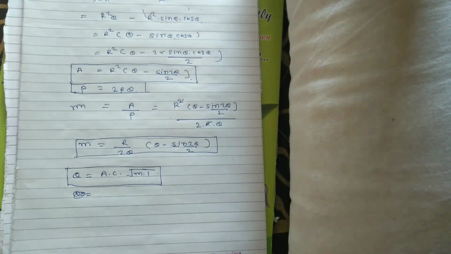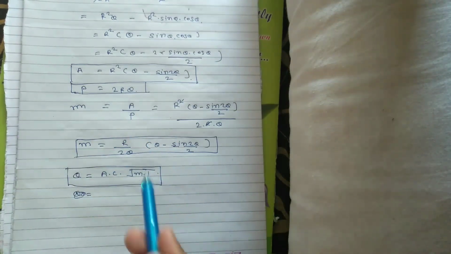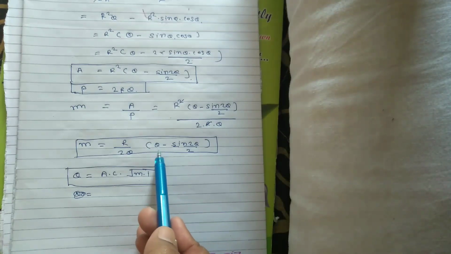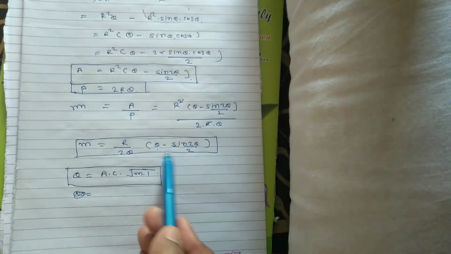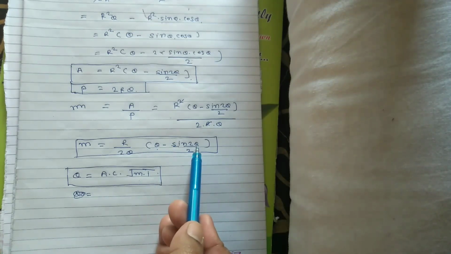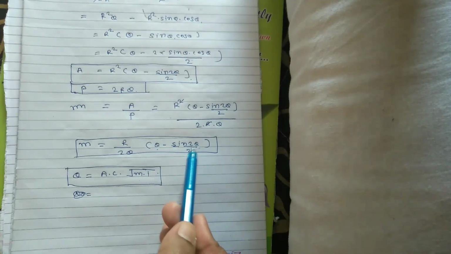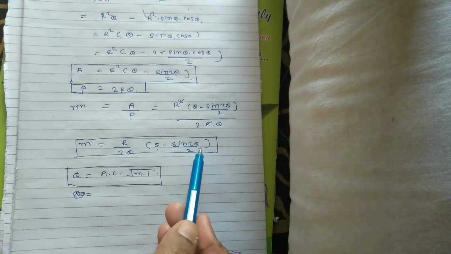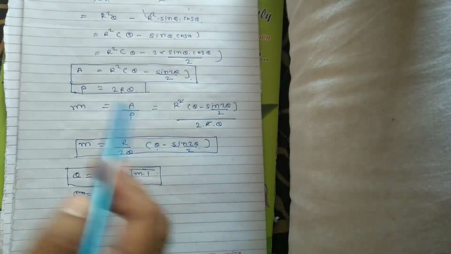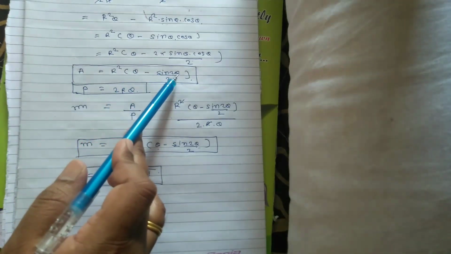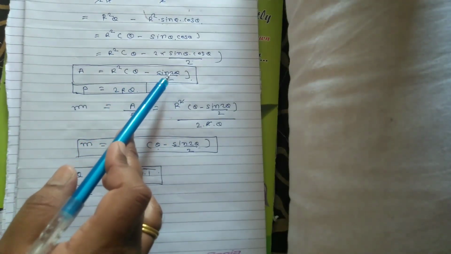One thing is remaining. 2 theta is nothing but the angle subtended by the free liquid surface at the center. Please, this is a very important point: in the formulas theta is in radian, whereas the angle given in problems will be in degree. In order to solve the problems, we need this theta in radian. Thank you.